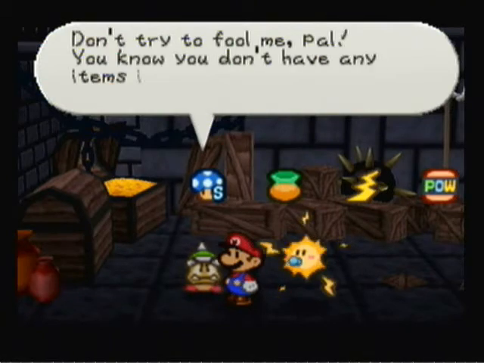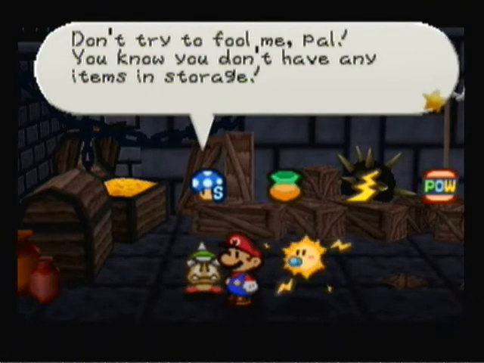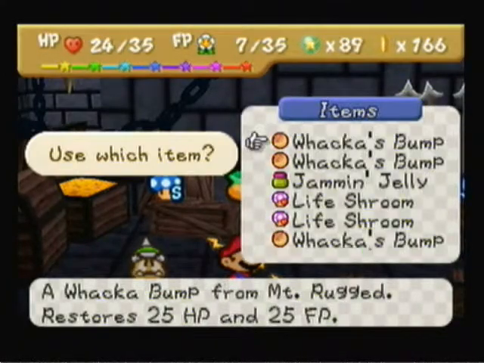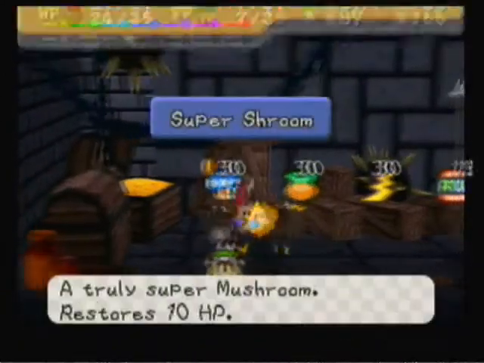Don't try to fool me, pal. You don't have any items in storage. Oh, well, you said hear me go, and it didn't appear above my head, so excuse me for, like...